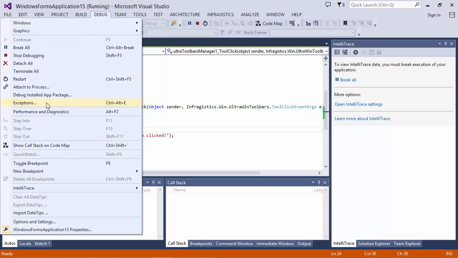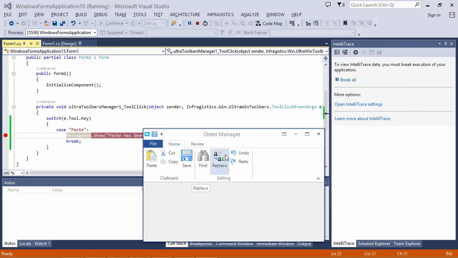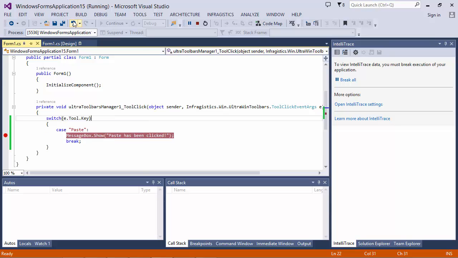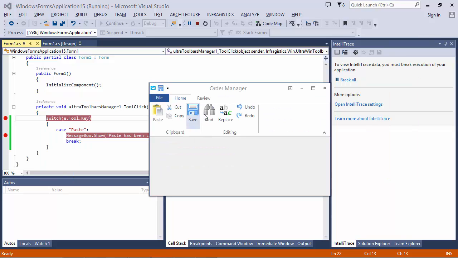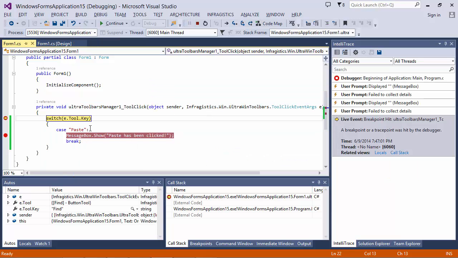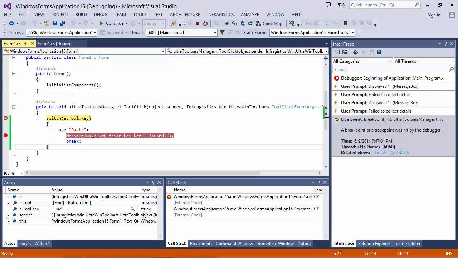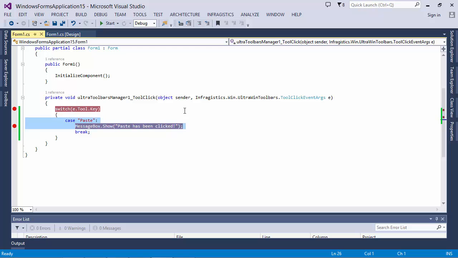So all you have to do is set a breakpoint here. And let's go ahead and click something else. Let's click find. Put the breakpoint in the right location. That always helps. And let's click find. And you see clicking find invoked this like we expected. And you can see right here in the autos that the key is find, right? So you can go ahead now and stop, and you can go ahead and repeat this for all,